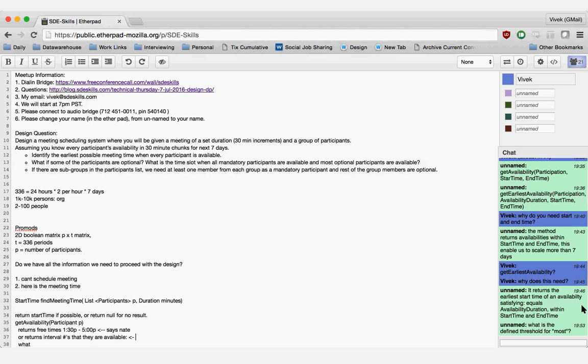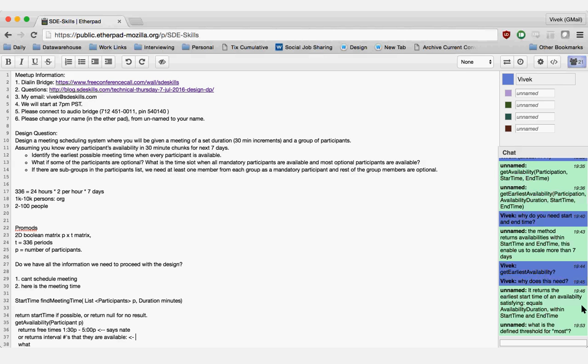Hello. Can you hear me? Yeah, I'm here. I know this is a wild approach, but I don't know if it's correct. You can have a min heap of each group's availability, and at the same time we check the minimum element of the manager, minimum element of the PM, minimum element of the QA, and see if they are all the same.